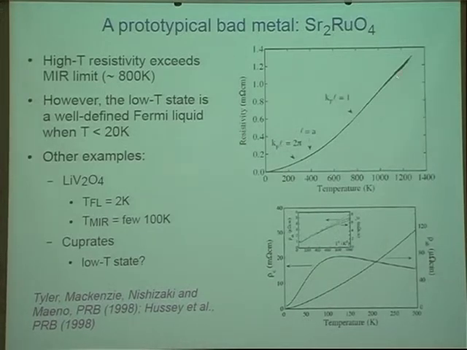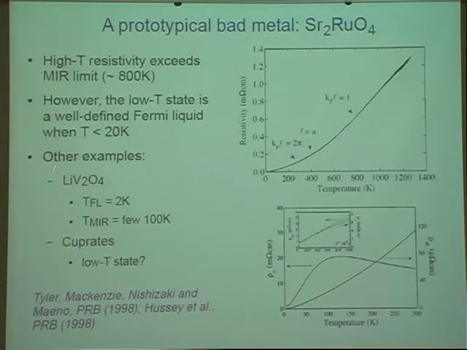Namely, if I go down to very low temperature and I zoom here, and I again look at the conductivity, at this curve as a function of temperature, actually I find back a normal Fermi liquid T-squared behavior, but this happens only at very low temperature. Nevertheless, my ground state seems to be a very well behaved Fermi liquid. The only thing is the two scales are very different. So you see this is below 20 Kelvin, and the Mott-Ioffe-Regel limit is here somewhere around 600 Kelvin. So these are very different scales.